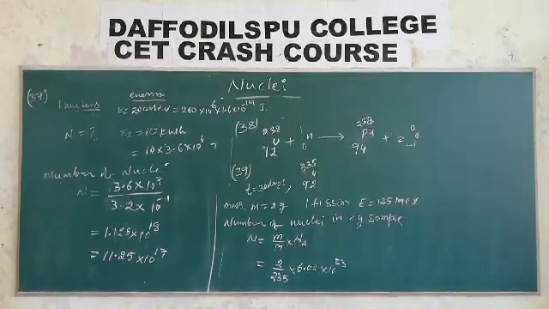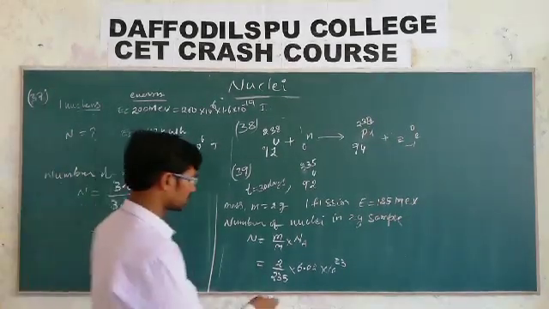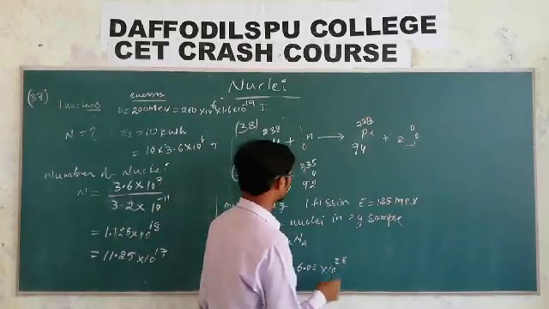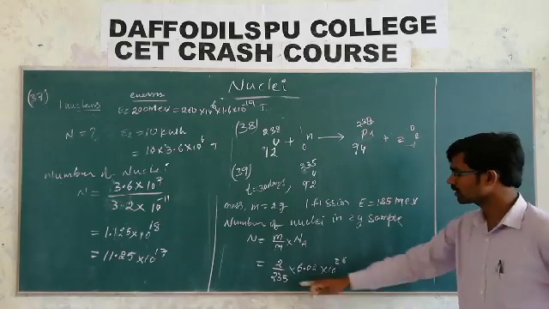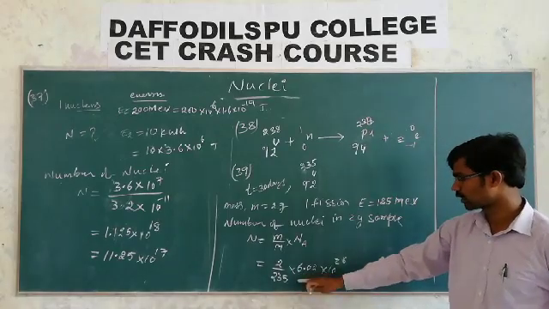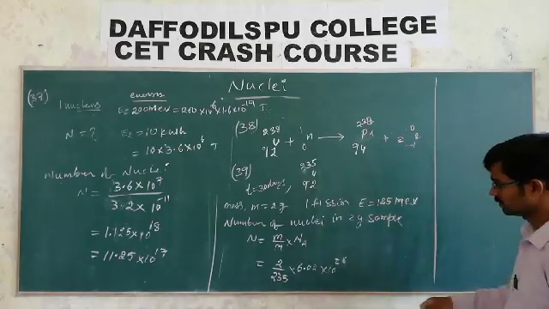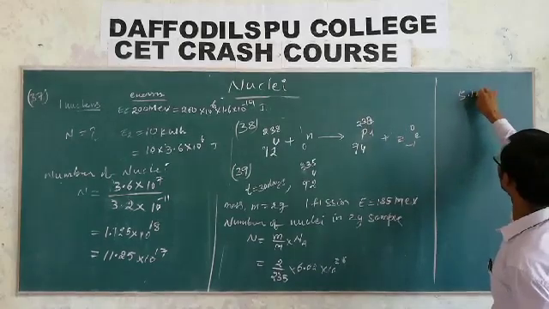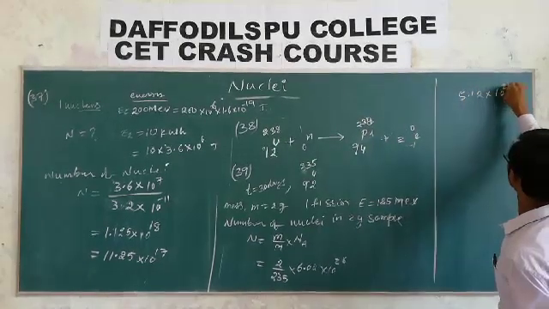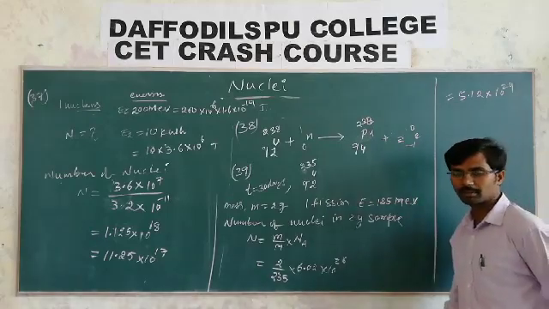Both are taken in grams, no problem. But they have given the number as 0.26 mole. Then what we have here is 2 into 6.12, 12 by 235, which is 0.25 around. So we can write here 5.12 into 10 power 24. This is the number of atoms.